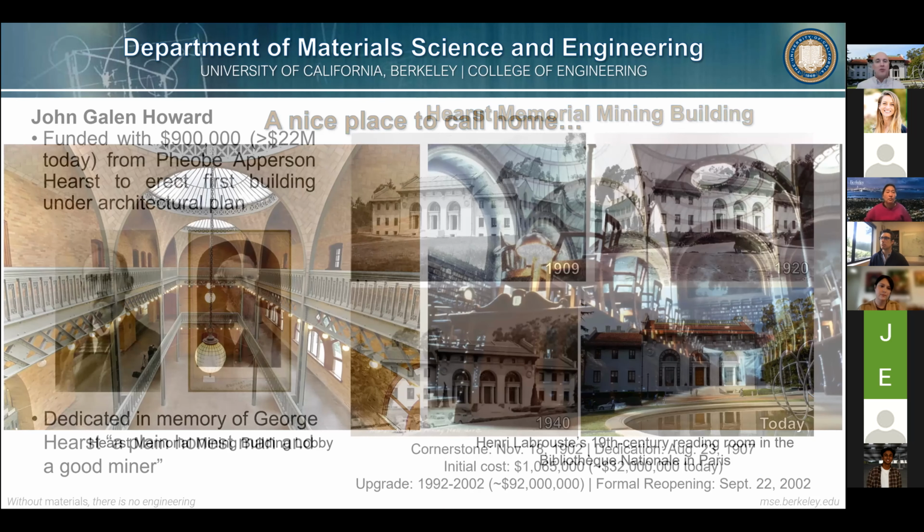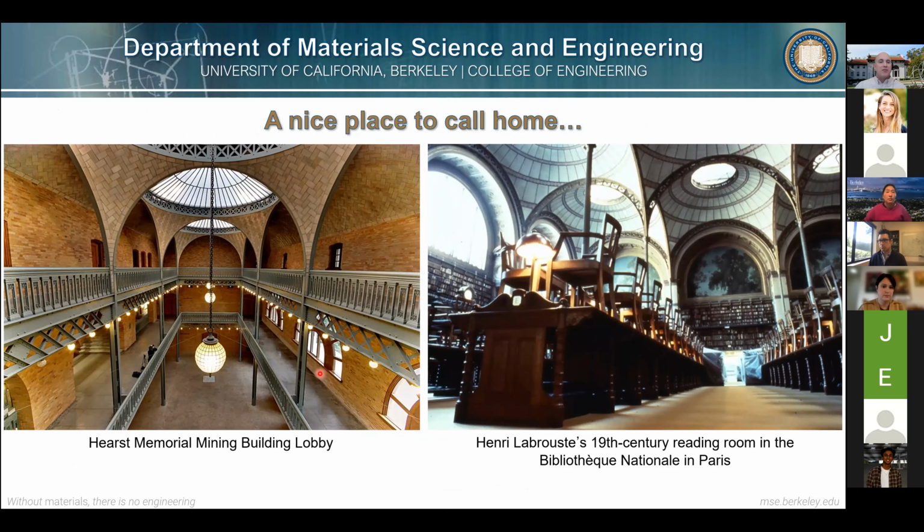So it has a beautiful lobby. This is a picture from the 4th floor looking into the lobby of the building. This beautiful light open space actually was inspired by this 19th century reading room in the National Library in Paris. So if you want a little taste of continental Europe while you're hanging out at Berkeley, you can come hang out in the lobby. And there's always somebody taking a picture, you can see. Even in the picture, there's a person taking the picture. So lots of people come by to see this place.